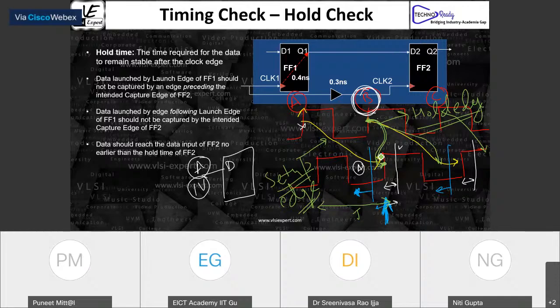So if I'm a tool, I don't know. It can be A, it can be B. I don't know, so I can't give you the guarantee. And that's the reason I said, okay, follow these two rules. Then only I can give you the guarantee that in each and every case, you will get data A.